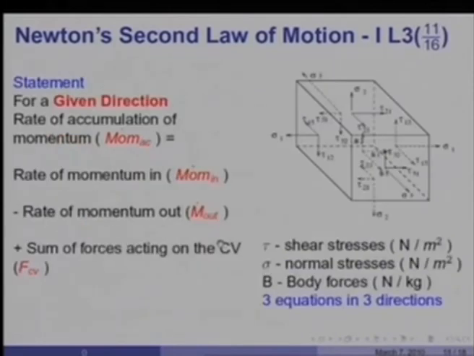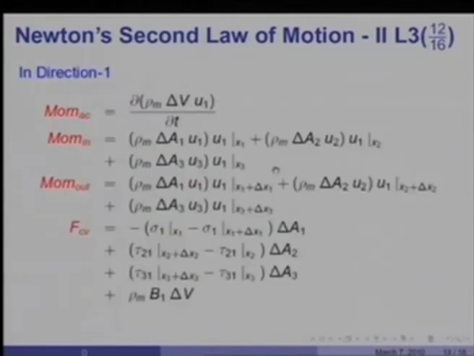Likewise, tau 21 at the x2 plus delta x2 surface is acting in the positive direction, whereas the tau 21 at the x2 surface is acting in the negative direction, and therefore, I have tau 21 at x2 plus delta x2 minus tau 21 at x2, multiplied by delta A2. And likewise in the surfaces in the x3 direction, tau 31 at x3 plus delta x3 minus tau 31 at x3, multiplied by delta A3, plus if there is a body force B1